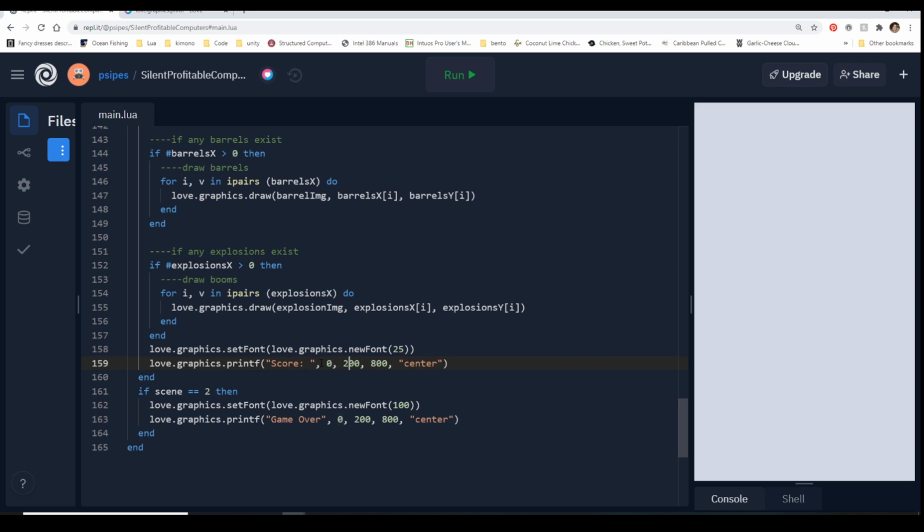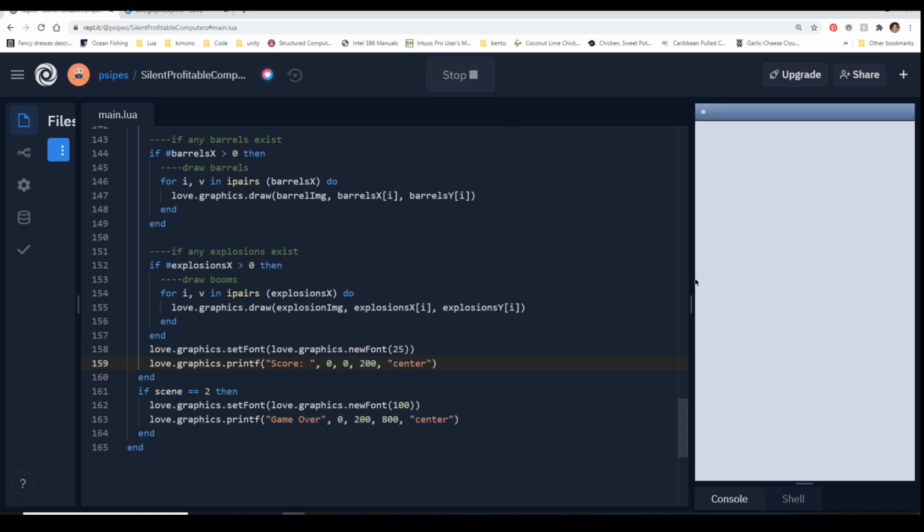We want it to be in the top left corner, at least I want it to be in the top left corner, and let's say 200. So that's going to put it at 0, 0, and it's going to have a box in which it draws with a width of 200, and then it's going to be centered inside of that box.